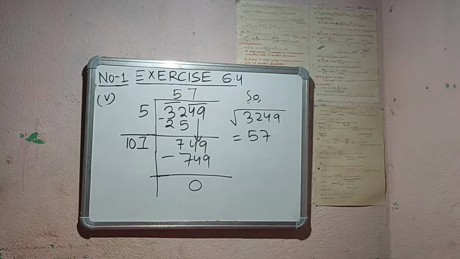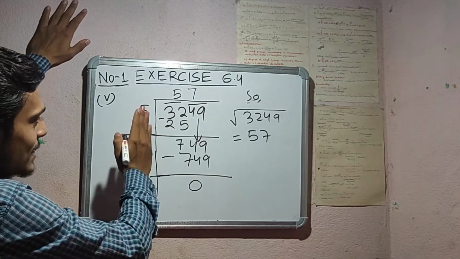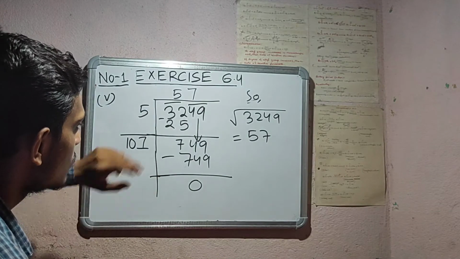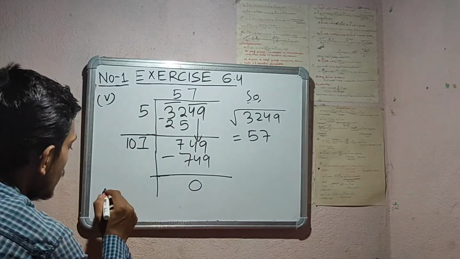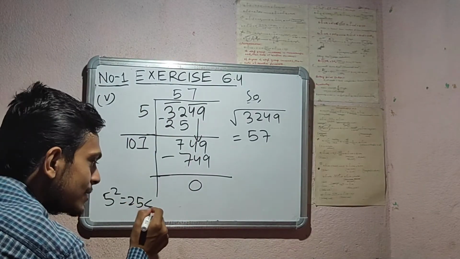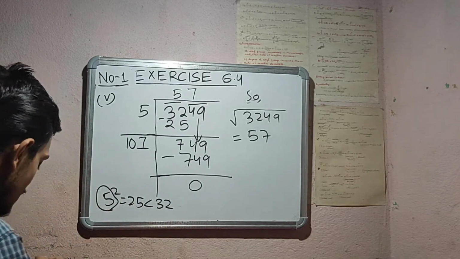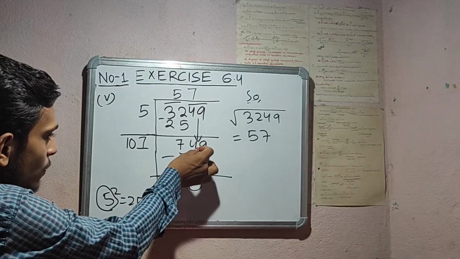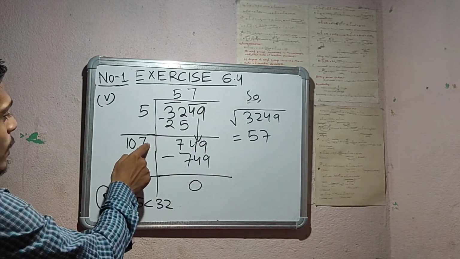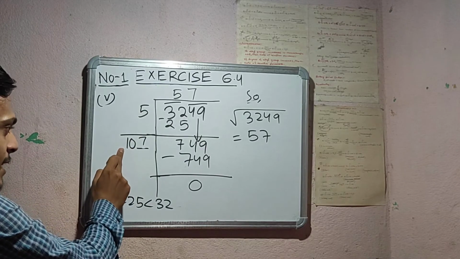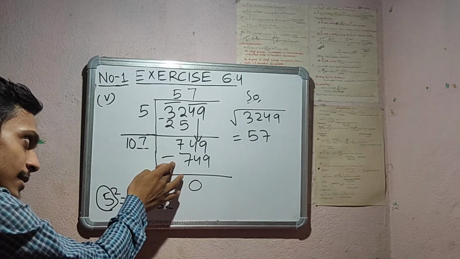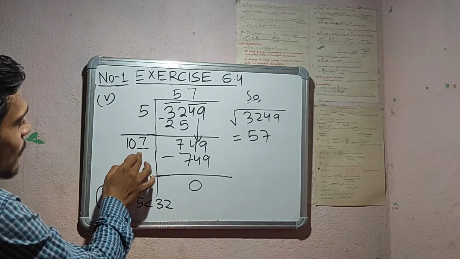So the next bit is bit number 3, that is 3249. From the right side I place the bars, that is 49, then 32, and from the extreme left, that is 32. So 5 squared is 25, that is less than 32. So I have taken the divisor as 5. So 5 5s are 25, the remainder is 7. Then I bring down the 49 downwards. Then I double the divisor, that is 10, and put such a number that the multiplication is either less than or the same as the number. So I can multiply by 7.